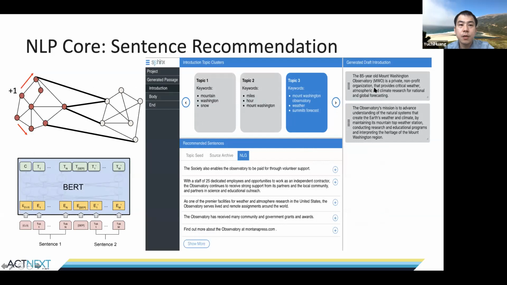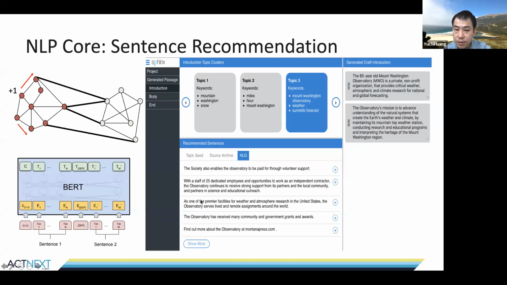And another component is sentence recommendation. So this is an interactive and semi-automated system. The thing we do is that we provide options to users. That is, after we choose a series of sentences, the system will update the options for the next sentence, either from